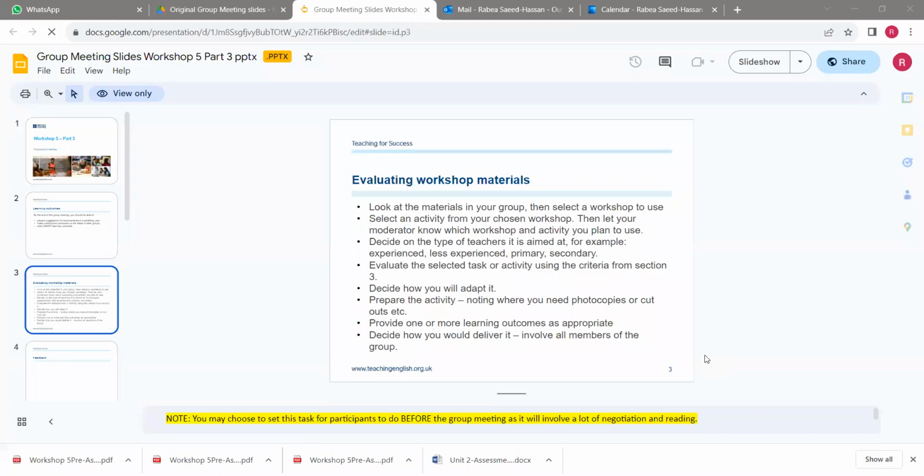There you go. So we asked you to evaluate materials this time, workshop materials. You did this in the forum task, and you'll actually be adapting these materials for your own micro training session in week 8. So week 7 would be the mid-course break, and then week 8 will come back with workshop 6. So you'll be using those materials, the ones that you evaluated. So it's up to you. Okay, this was just the practice. Forum was just the practice.